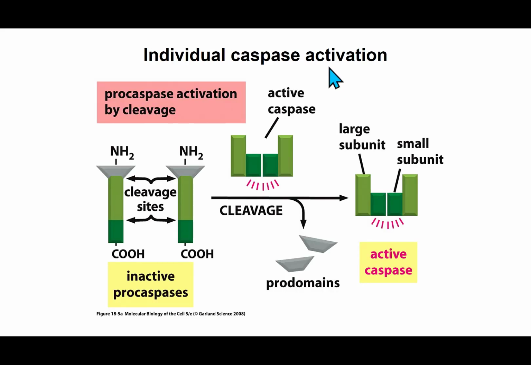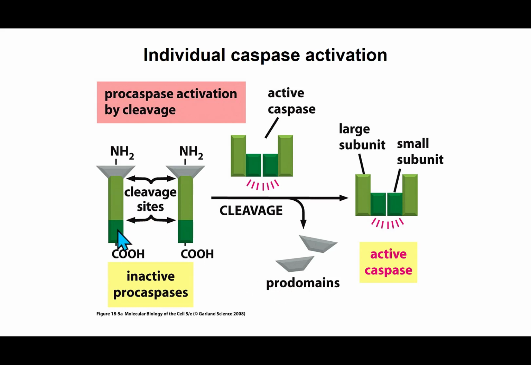Let's look at how an individual caspase protein is activated. So we're going to look at procaspase activation, and it's done so by cleavage. There's going to be a little bit of variation between different caspases, but this is the general schematic. Here we have our inactive procaspases. As per usual with a standard polypeptide chain, you have an N-terminus and a C-terminus. The polypeptide is actually divided into different domains. If you look in gray here, here's what we call a prodomain, and then you have this larger area and